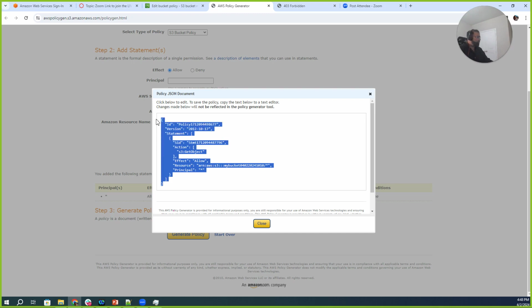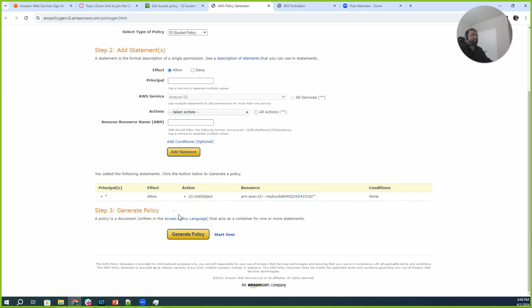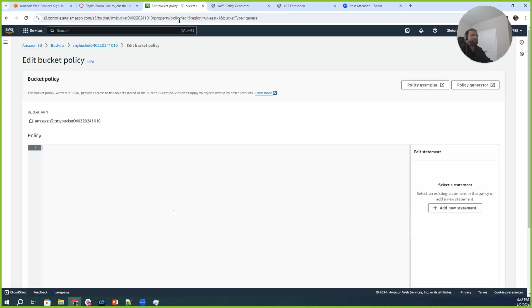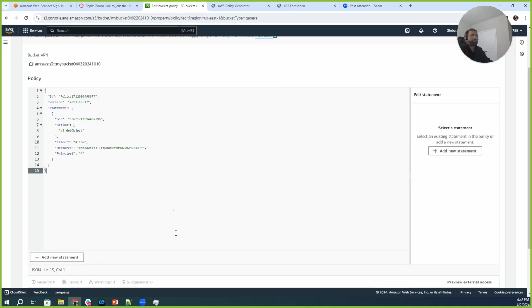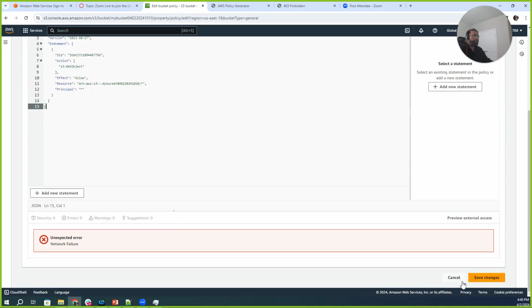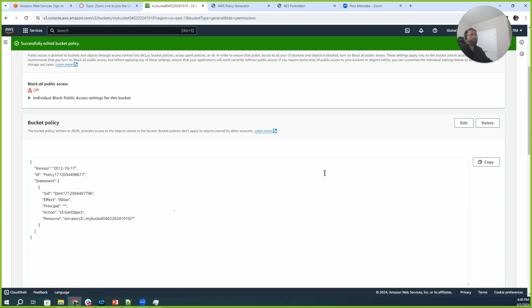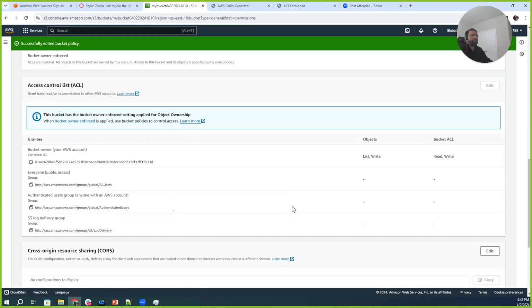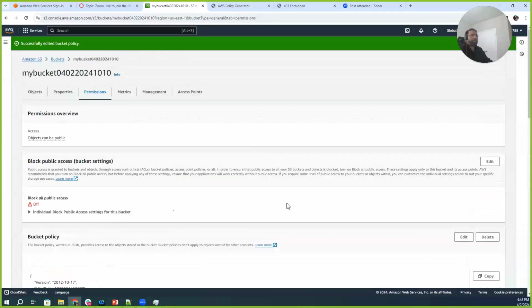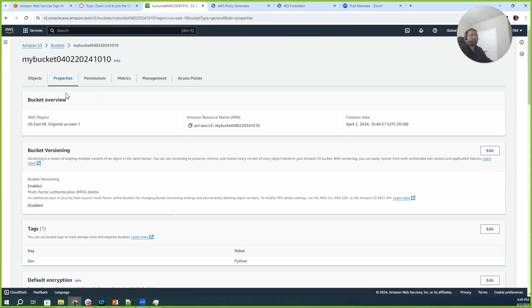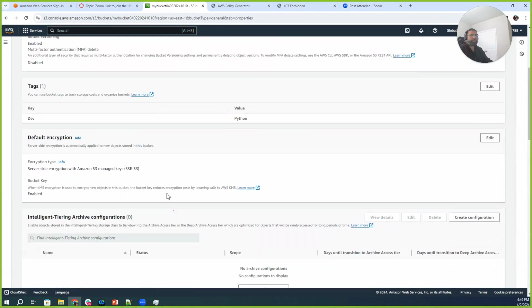So just copy this one and paste it in your notepad, and either go back to the edit policy where you need to write this, since you're hosting that website in S3, and save changes. So you generated the policies, you pasted those policies here, you save changes, and go back to your properties,